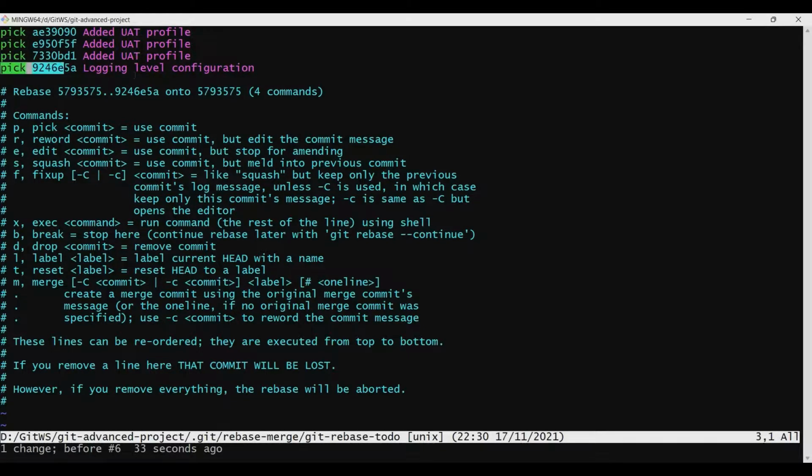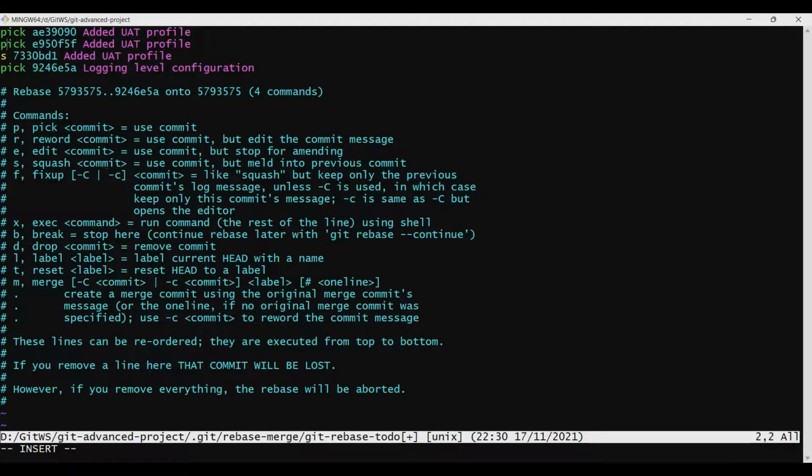The latest commit, logging level configuration, we don't want to touch that. Let's leave it as it is. The commit 733, this added UAT profile, we want to merge with this commit E95. So we'll change pick to s. We can either say s or squash, either works.